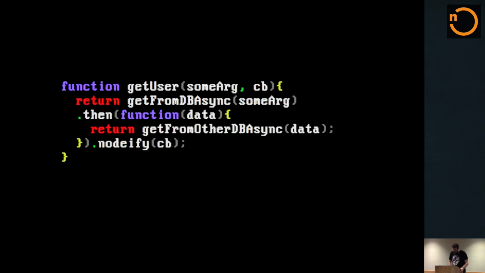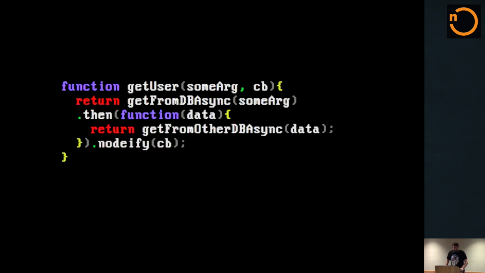So backward compatibility needs to happen, and asCallback is the function that'll do that for you. Bluebird provides this function. I'm sure some other libraries do, but we've spent so much time in Bluebird that I'll keep referencing Bluebird. It will basically take in your callback and call it normally, like you would expect in Node land, where the first parameter is any error that happens, so basically the result of your rejection handler. And then the second parameter will be whatever would be passed into your fulfillment handler.